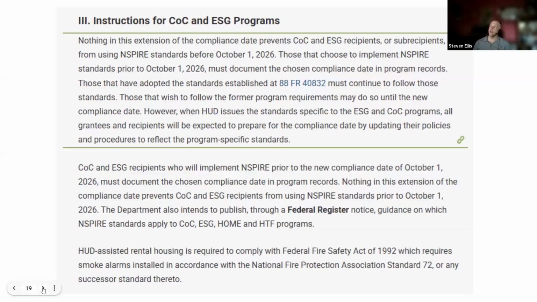But the big piece here, highlighted in that hyperlink, the 88 FR 40832, is it says that if you're going to implement NSPIRE, you have to follow what's there. So if you were to click on that hyperlink, it goes through all of the NSPIRE standards, and there's not a lot of applicability.